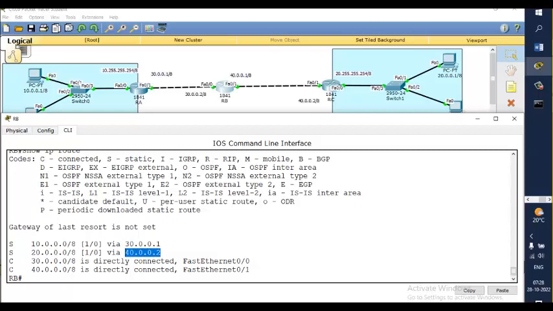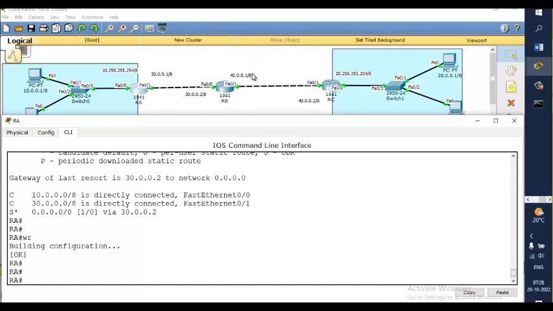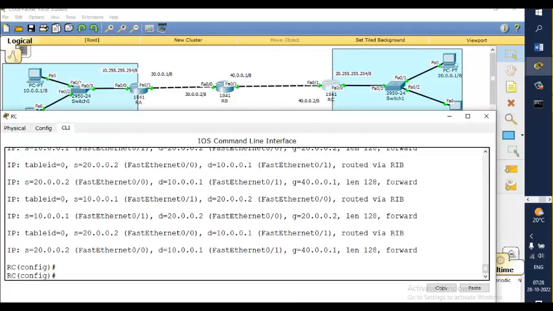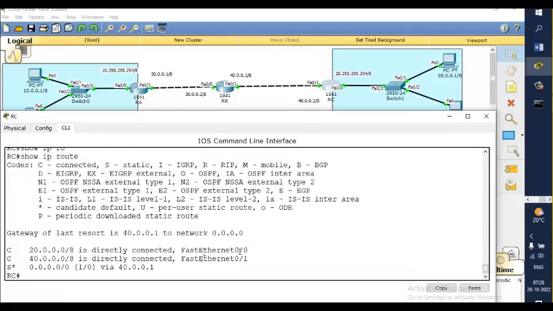Whereas on the edge routers, stub routers like RA and RC, all the unknown destinations are in one direction. For our router A, reaching 40 or 20, you need to go to 30.0.0.2. That's why we wrote the default route. Likewise, for RC, to reach all unknown destinations, you need to go to B. Show IP route. That's why we have given this. All right. So that's